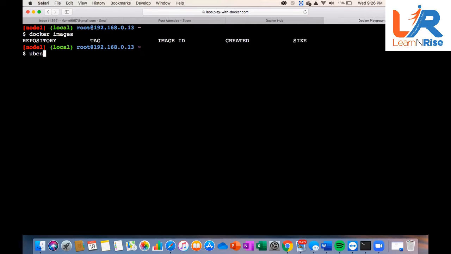Docker pull. No, you have to use docker. Every command starts with the word docker.